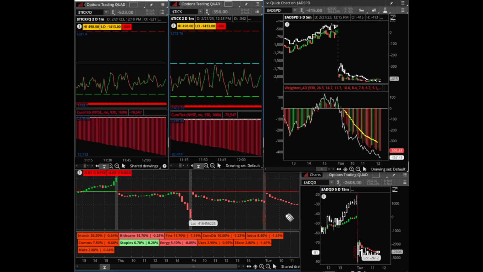It's taking the weight of these sectors and putting them on a chart, so it moves with the weights. It doesn't just treat them like they're all the same. It actually puts more weight on the top four. Okay, so